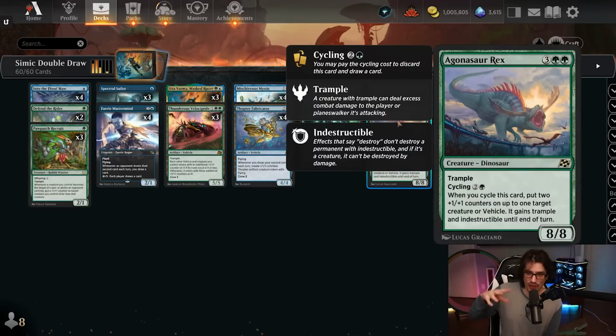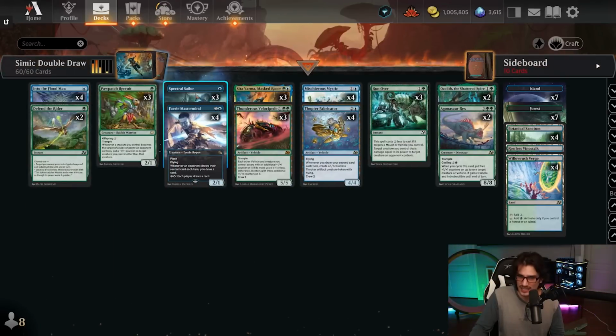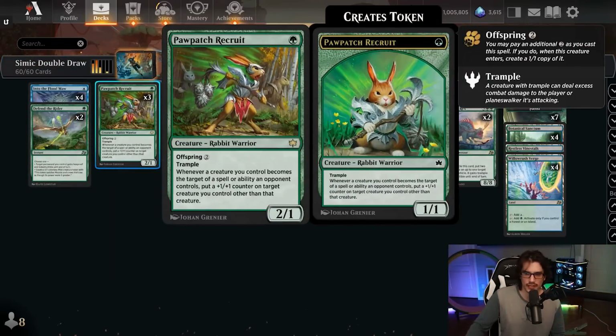The Rex for 5 as an 8/8 with trample. Pretty cool. We can cycle it for 3, and when you do, put 2 +1 counters on a creature or vehicle, and it's going to gain trample and indestructible until the end of turn. So again, this is really nice for the double draw, for protection, and even just those +1 counters are pretty cool as well. And then on the front end of the deck, alongside the Sailor, for the +1 counters,